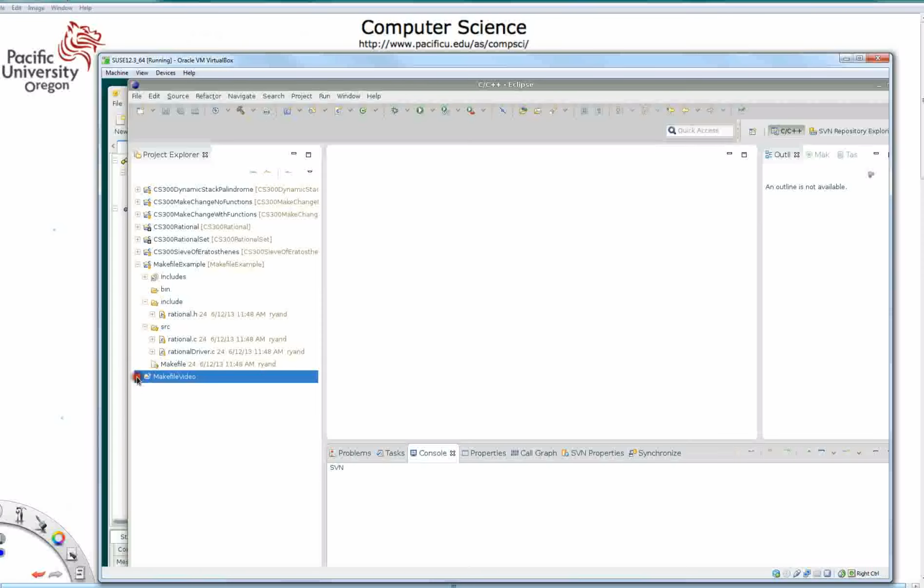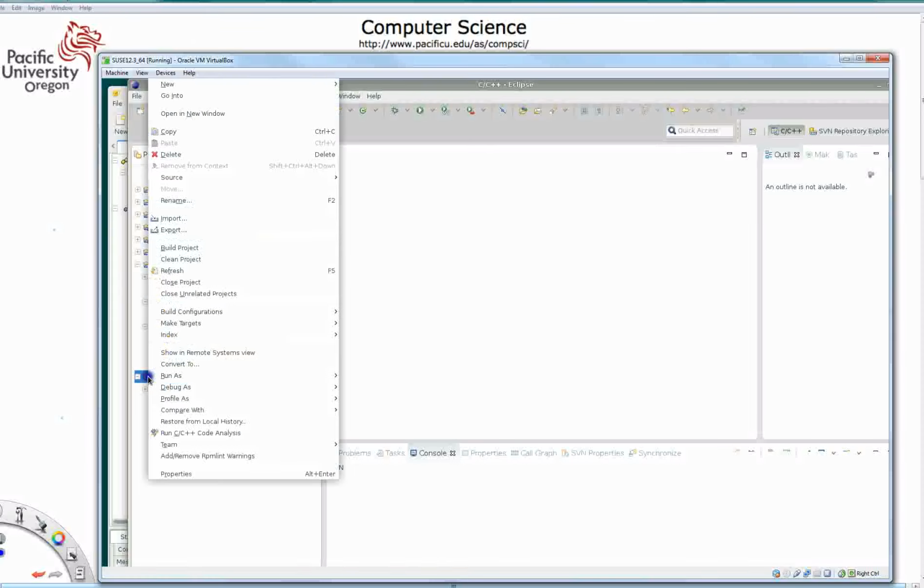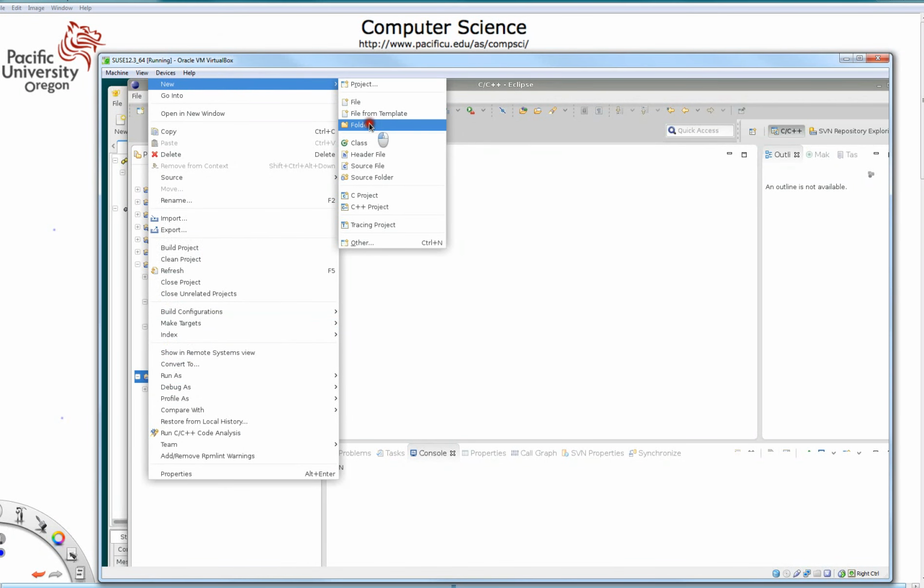And so what you'll see when you open this up right now is a makefile video project. And there are includes that are automatically included right now, depending on the operating system that you're using and the version of Eclipse and whatnot. So what we need to do next then is we need to create directories that are going to hold object modules, that are going to hold header files, and that are going to hold source files. You can cram everything into one directory, but that's really not the way that you want to manage a large project. So the first thing we'll do is we'll go to new and we'll create a new folder,